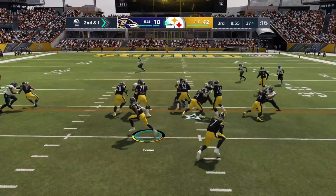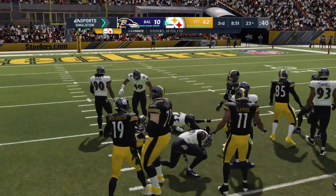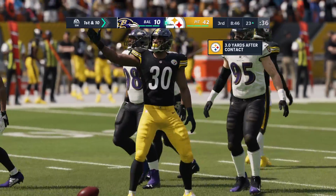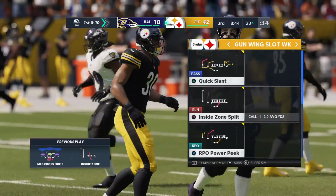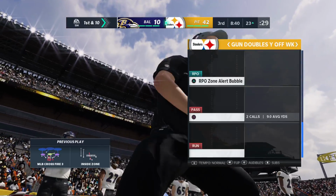On 2nd down, Conner looking for space. And brought down, but not before they're inside the 25. 15 yards on the play, first down. A good carry and a first down by James Conner, and this Pittsburgh team is really hoping he's back in form